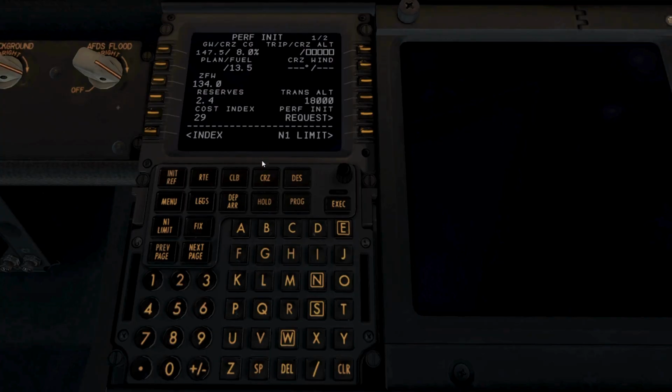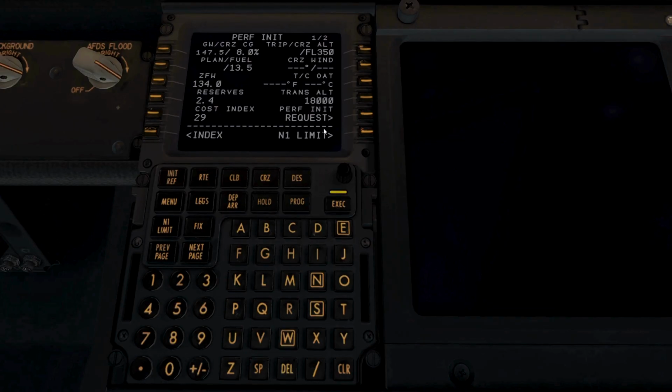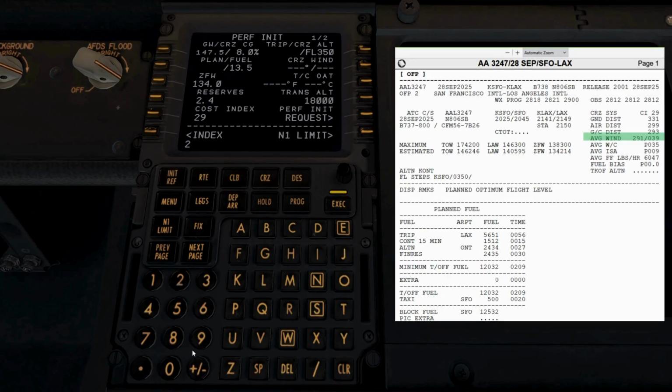Then we type in a cruise altitude here, 35,000. Then the cruise wind. Cruise wind is defined by two numbers, 291 degrees slash. Two numbers defining the cruise wind: these numbers are its direction in degrees, 291, and its speed in knots,